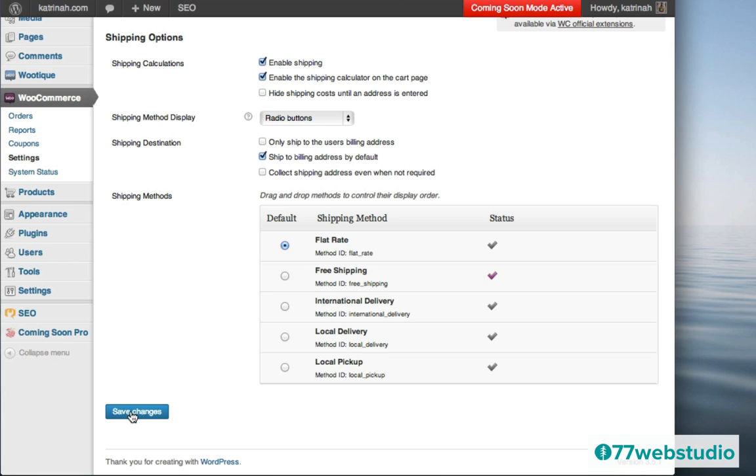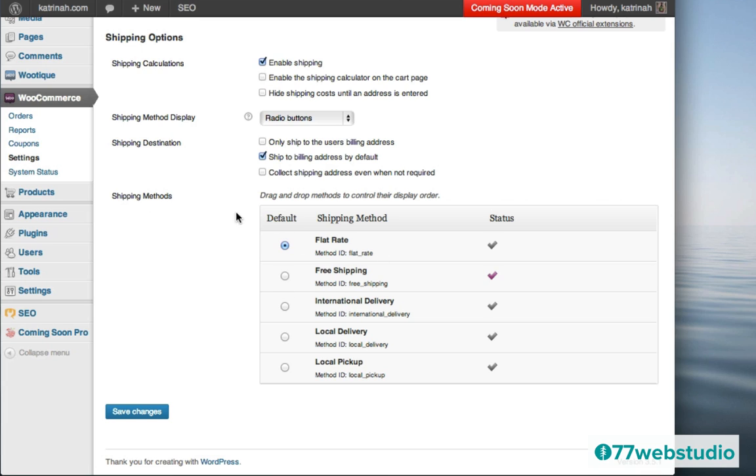But actually, before I click on Save Changes, I want to point out this shipping calculator. Because I'm going to be offering a flat rate shipping charge, we don't really need a shipping calculator. So I'm going to turn this off because the calculator is used to calculate how much the shipping is. But if I offer a flat rate, then everyone will know in advance what the shipping is. So I don't need the shipping calculator. So I'm just going to keep the settings like that.